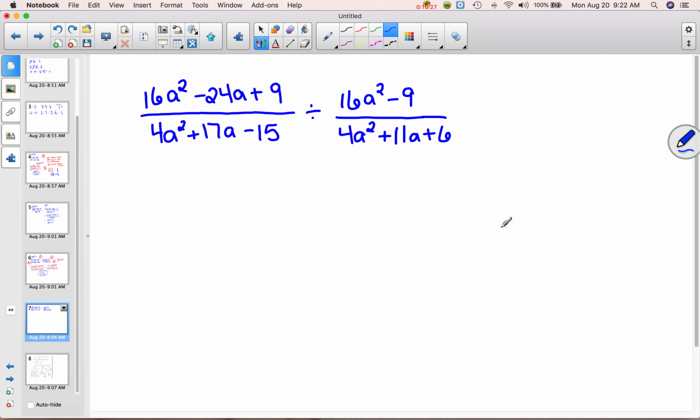Okay, now for this last one, this is division. So remember with divide, we change it to multiply, and then this is going to change to the reciprocal. So you can do that right away, or you can factor it as we go. Now this is where I would definitely want to make use of my factoring flowchart because we have a couple of them on here,